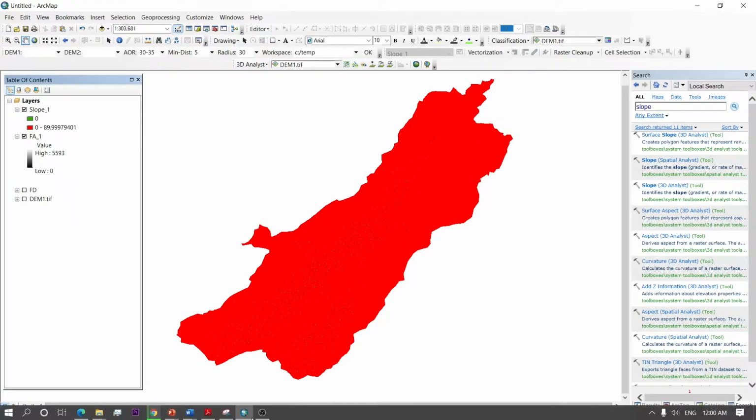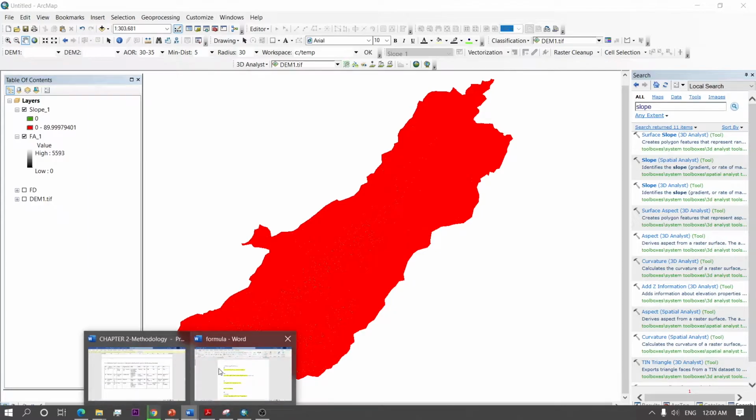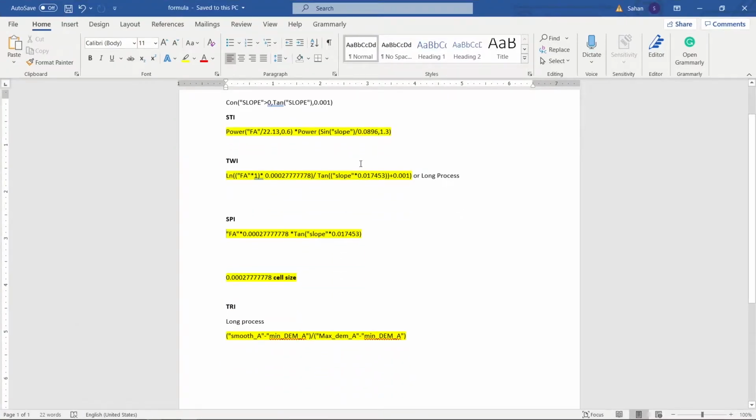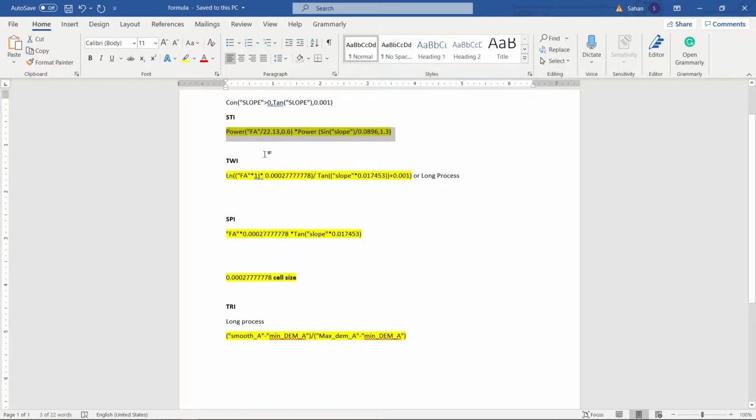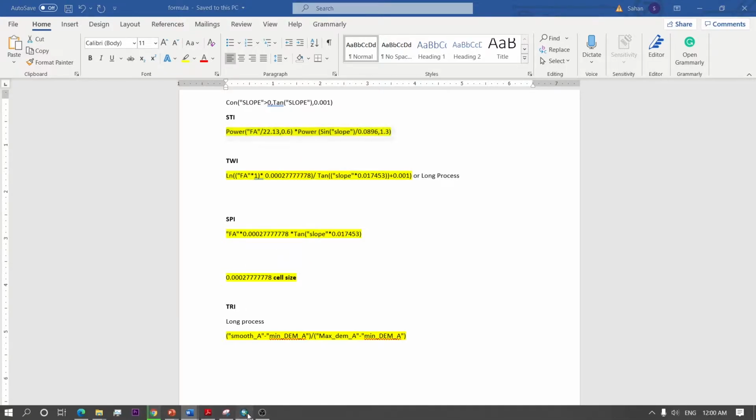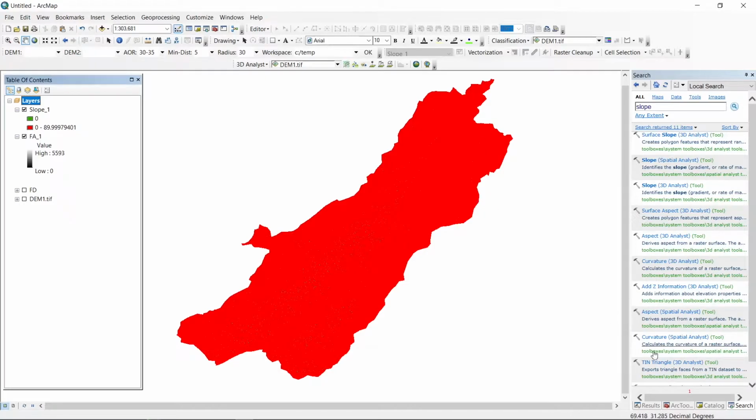Right. So here I also have formulas for those indicators. I will give this Word file in the description. You can download this also. So first of all, we will check out STI. I'm going to copy this formula and go back to ArcGIS.